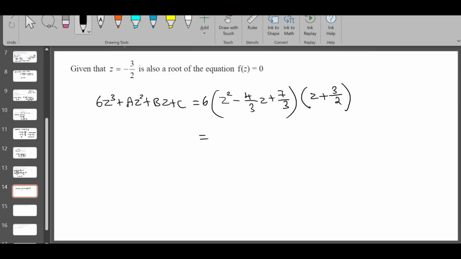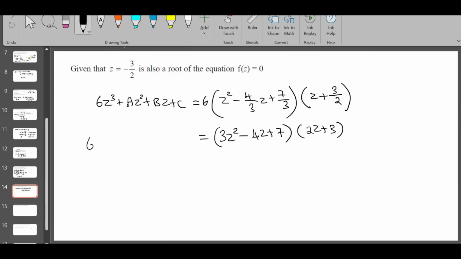So 6 is 2 times 3. I'm going to multiply the first factor by 3 and the second factor by 2. So I'm going to get 3z squared minus 4z plus 7, and then 2z plus 3. If you don't understand what's happening here, this 6 is basically 3 times 2. So I take 2 and multiply this factor, 3 and multiply this factor, to get rid of all the fractions,